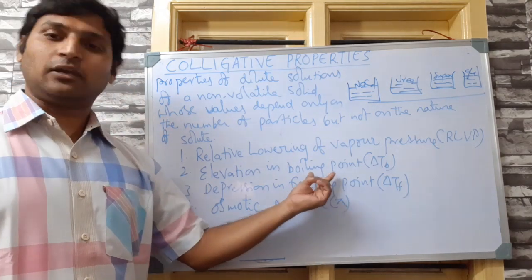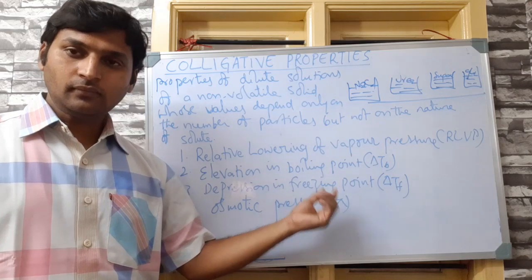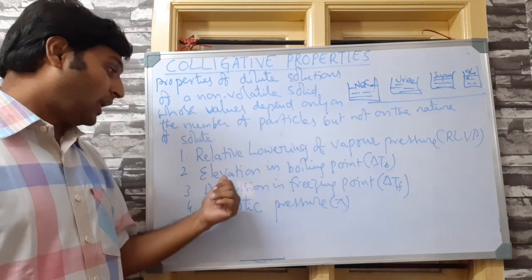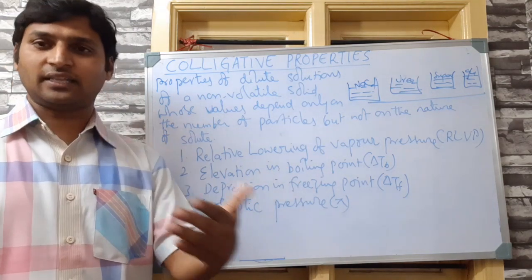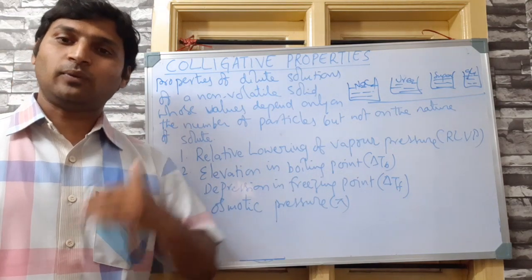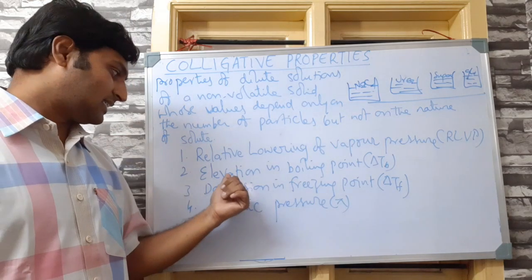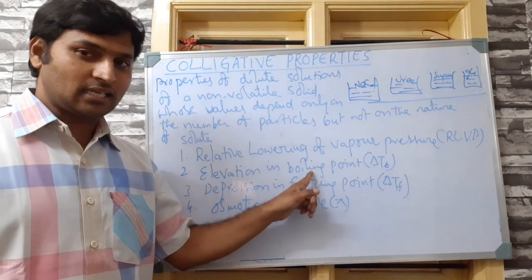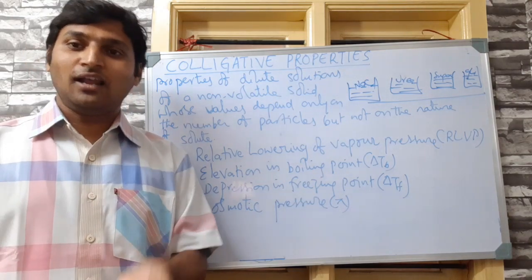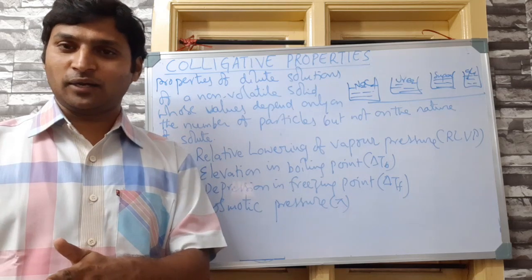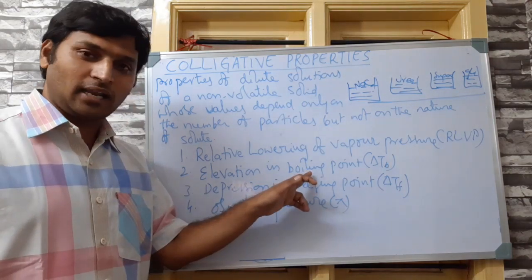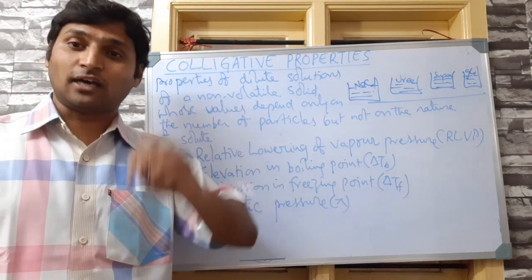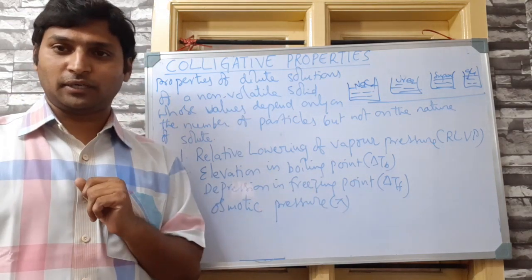Similarly, there is a liquid, it will have some boiling point. You added a non-volatile solid solute to that liquid, then its boiling point will increase. We will justify that when we go to the topic. That increase is called elevation in boiling point. Again, please understand, boiling point is not a colligative property. You know very well, boiling point does depend on the nature of the liquid. Increase in boiling point when you add a non-volatile solid solute to it is a colligative property.